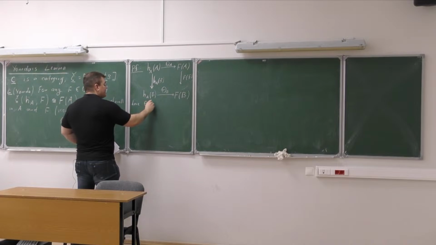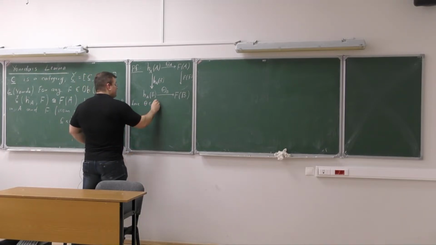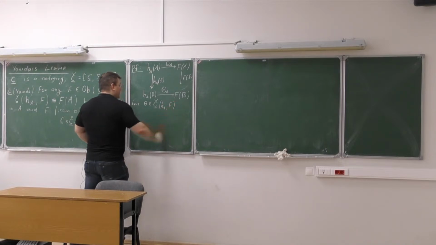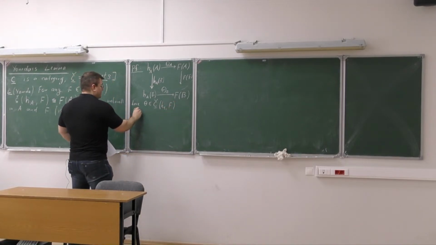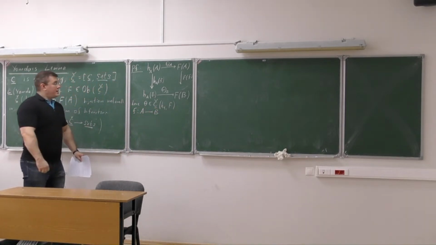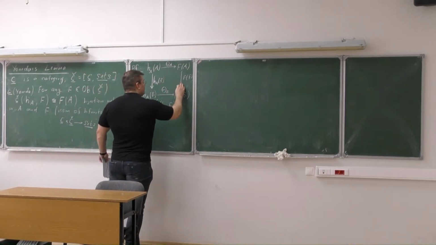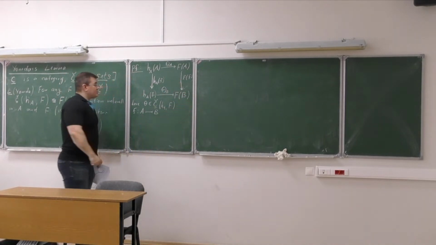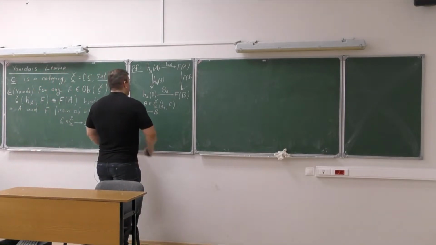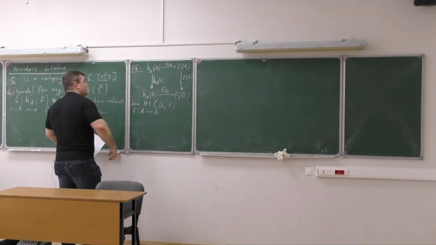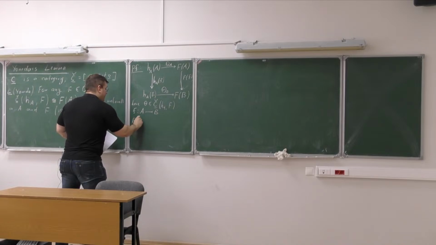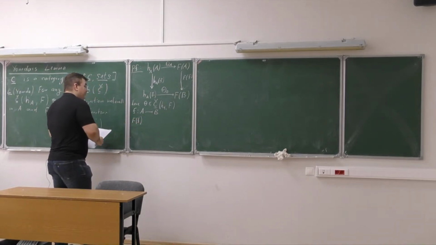So here theta that I have is a natural transformation which lives in this C with the check, from h sub A to F, right? And f is just a map from A to B, right? For any such map, I have the following commutative square, just because theta is a natural transformation. Well, if I write the formula that corresponds to this commutative square, I'll get the following. Functor F applied to the map little f. Then